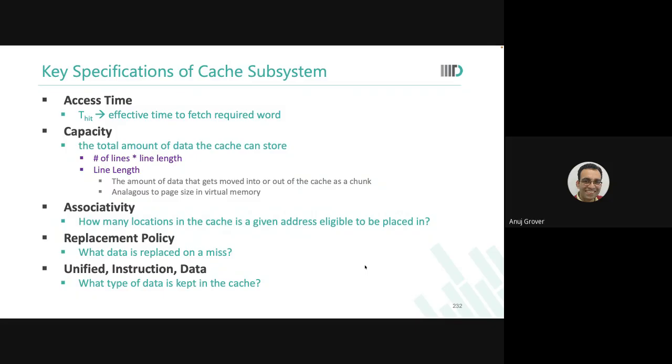Then comes capacity. How big is the cache memory? Because that tells you how many addresses you can store. If you are going to launch huge, big processes, then you may want a larger cache memory. But if you're going to launch small processes only, then you need only a small memory, which has the required locality.